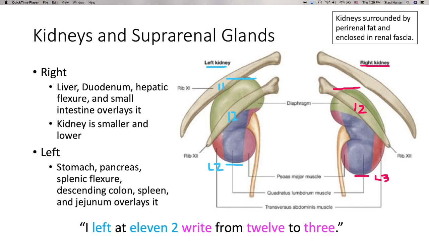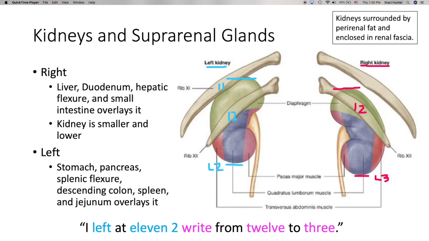So remember, our kidneys are surrounded by peritoneal fat and enclosed in the renal fascia. On the right and left, I've included all of these parts that overlay it, so that you can look at something like the stomach. If there's something wrong with the stomach and it starts leaking something, and it gets through